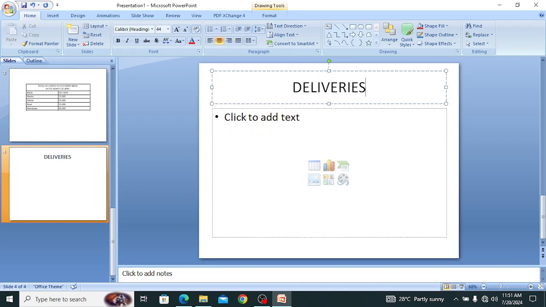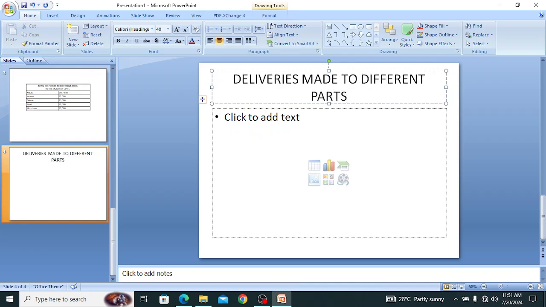Deliveries made to different parts, different parts of the country,